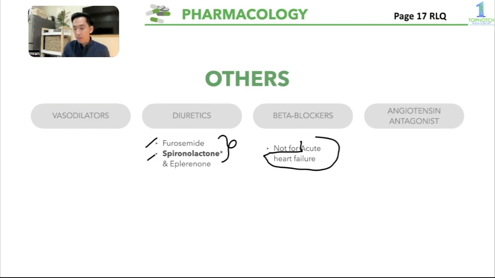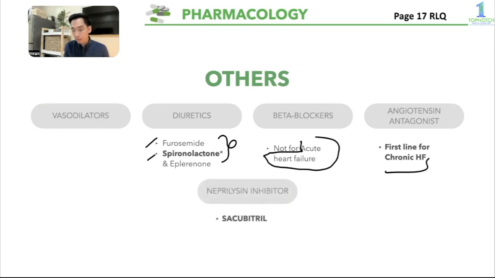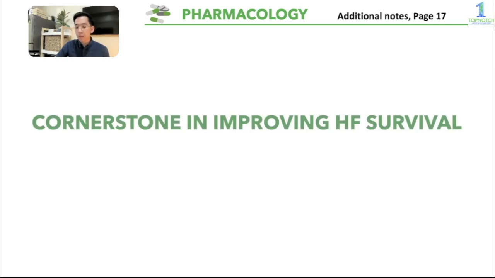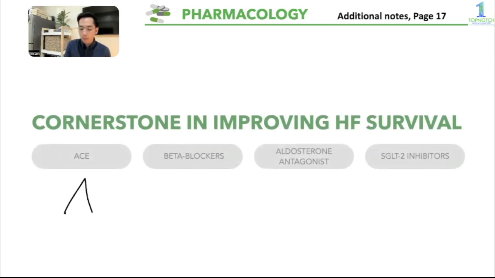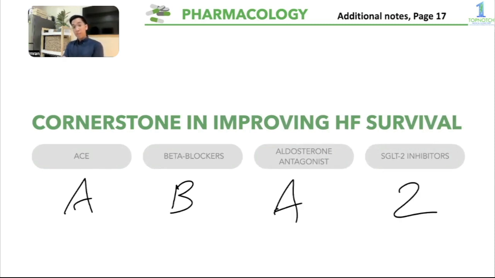Okay? And lastly, your angiotensin antagonist, it's the first line for your chronic heart failure, no? Kasi makikita natin dito, okay, later na to, no, yung sacubitril valsartan, no? Makikita natin na ang cornerstone in improving the heart failure survival are the following, no? Yung A, B, A, okay? And tong SGLT2. A for ACE inhibitors, no, yung or anything that inhibits your RAAS system,